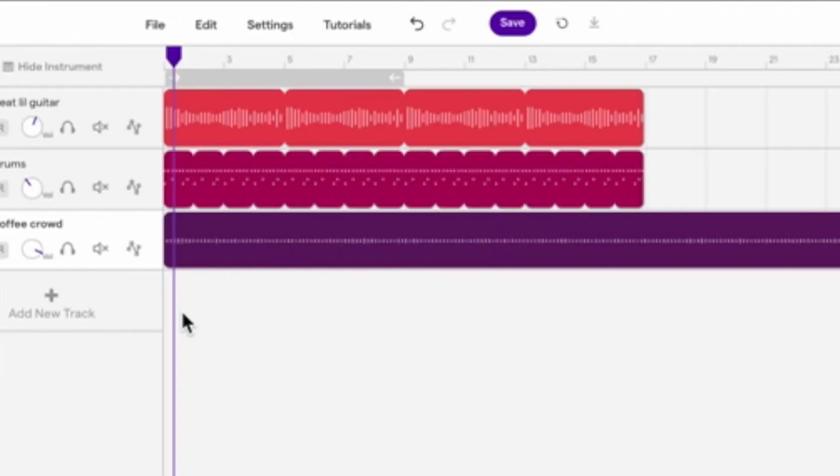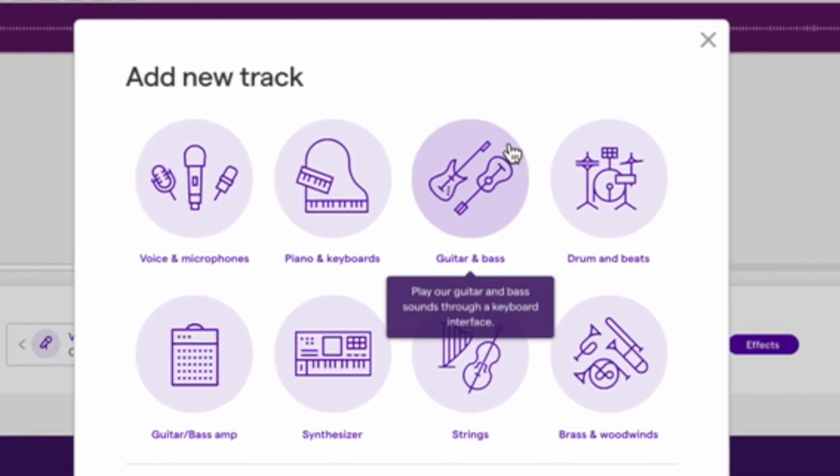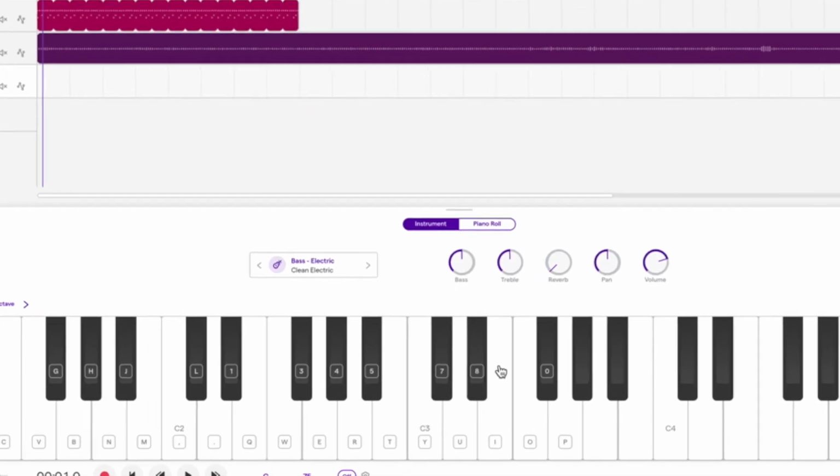So first thing we're going to be doing is click add a new track, and I'm going to click on where it says guitar and bass. The bass that I'm going to be using today is called the Clean Electric. Pops up right here with this piano keyboard, and if I click on these notes,